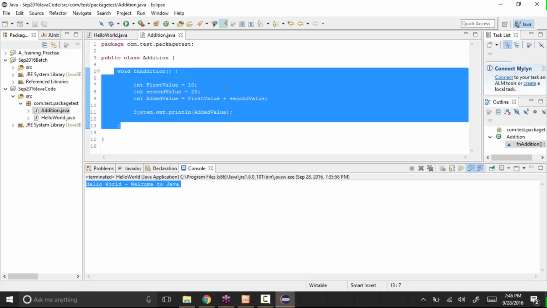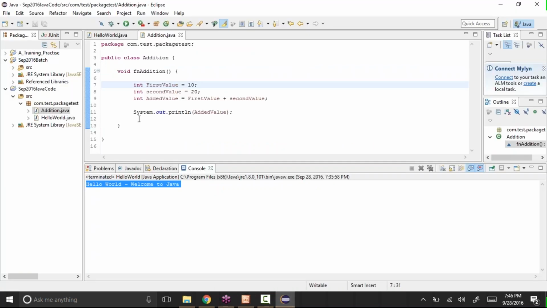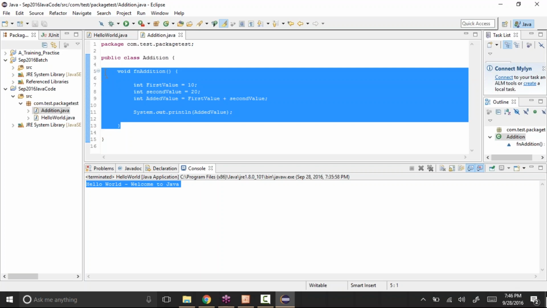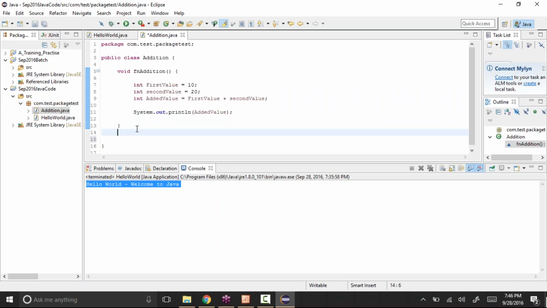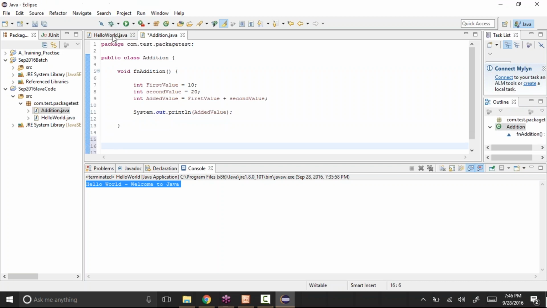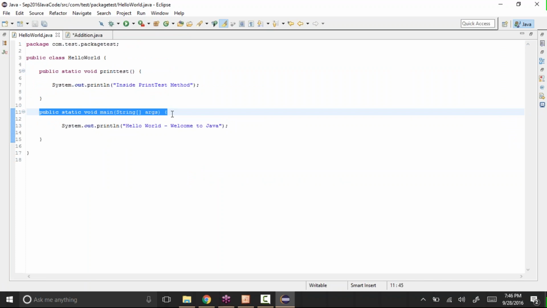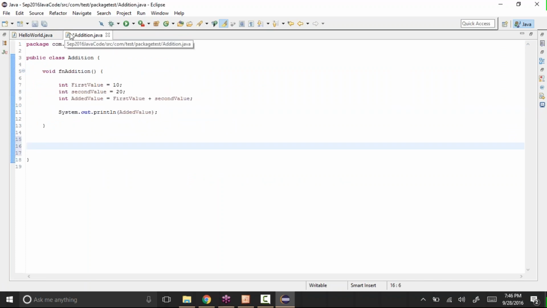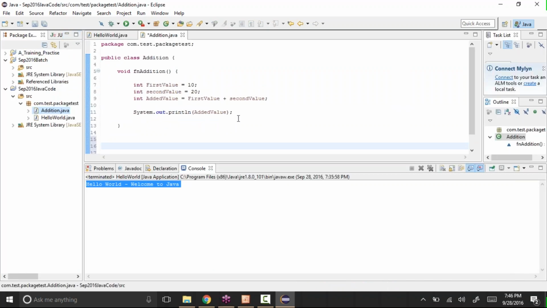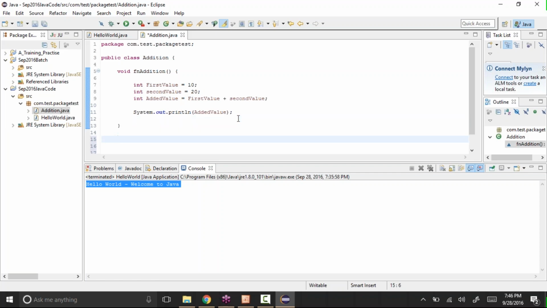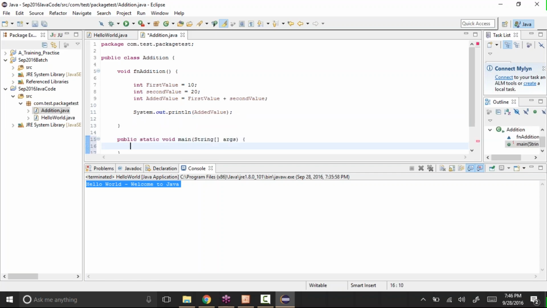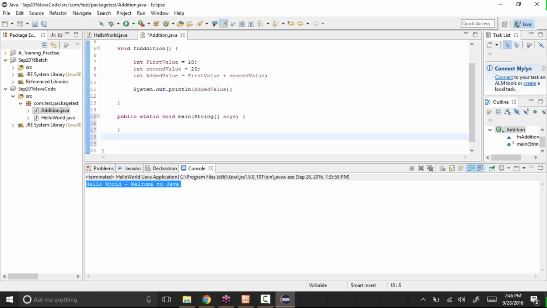Either you can have a public main method here, or I can create a main method. Let me copy that main method from here, instead of typing. Public static void main, this is the syntax for it, and I'll explain what it is.